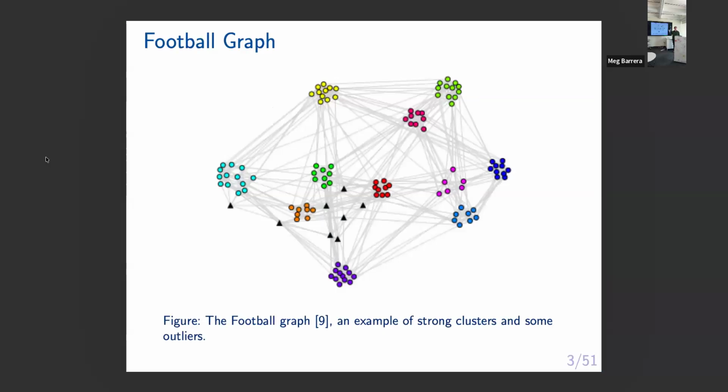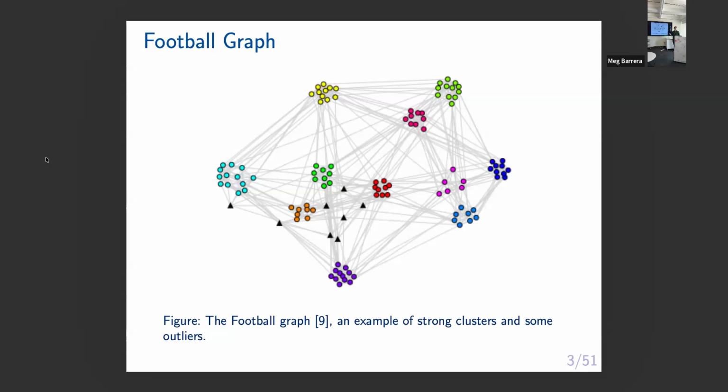So, the football graph, fairly popular, one of the classic community detection graphs. And I hope you will agree that a partition is maybe not the right way to be thinking about this. You've got all these teams in the conferences that are very clearly communities. They've got lots of internal edges, but then all of these black triangle nodes are independent teams. They are classified as one conference, but they don't really play each other. They just play others randomly.